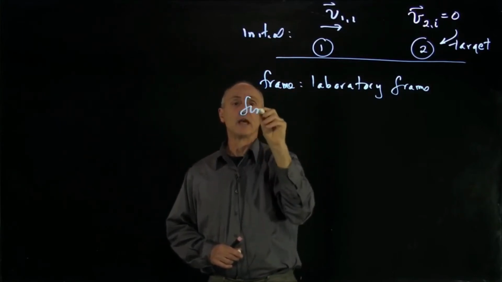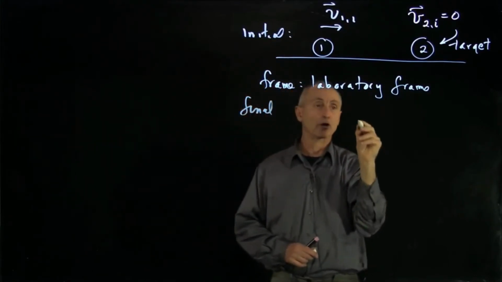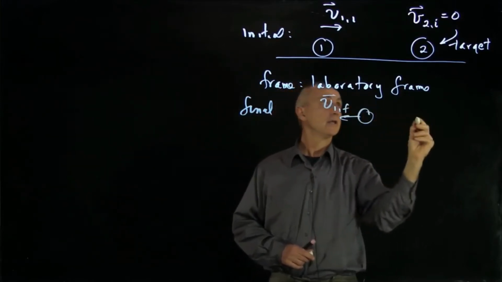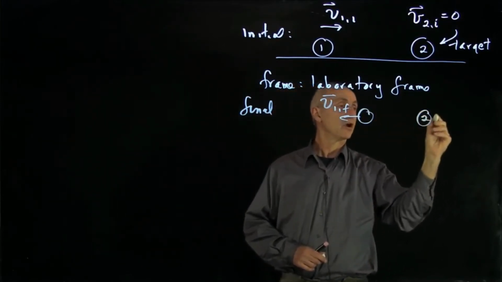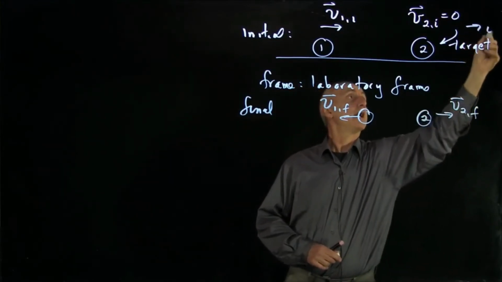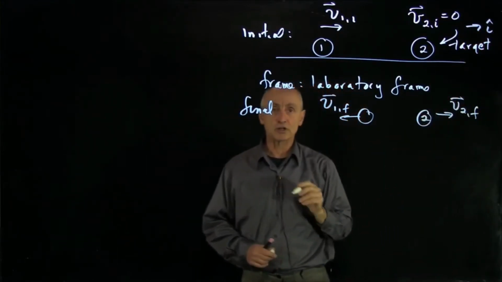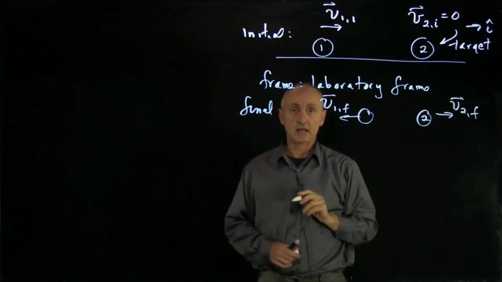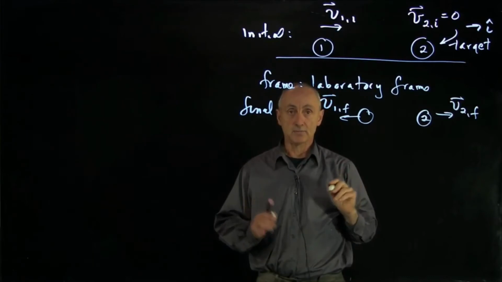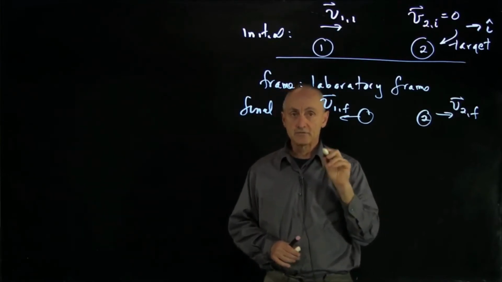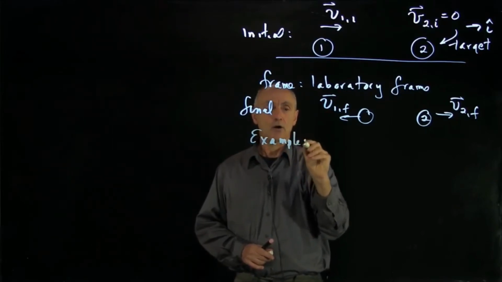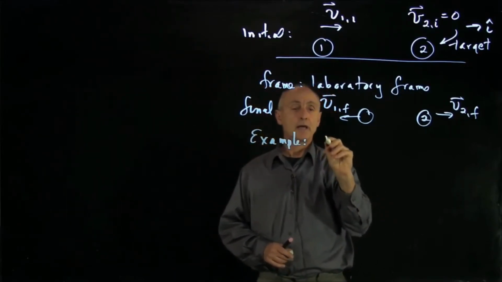And then in our final state, both the target and the particle can be moving. So we'll just indicate V1 final. And the target is also moving with V2 final. And we have I hat. So let's now look at some examples where we're analyzing this type of collision in which both energy and momentum are constant. And for a particular example that we'll want to look at, we'll have M2